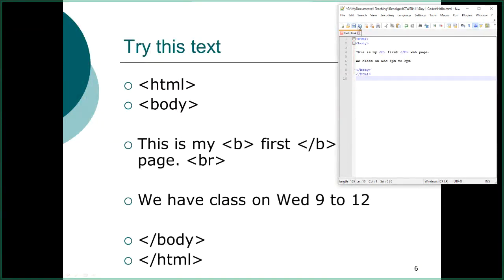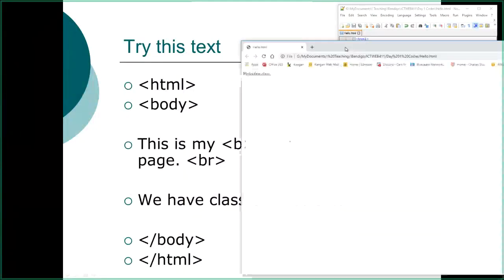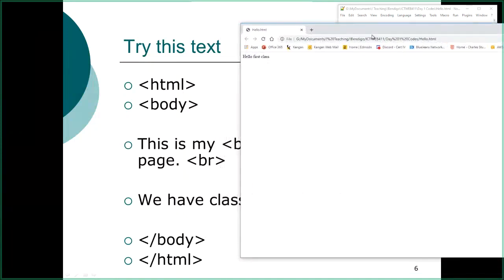So if you save this, and I bring in our little web page and do a refresh on it,